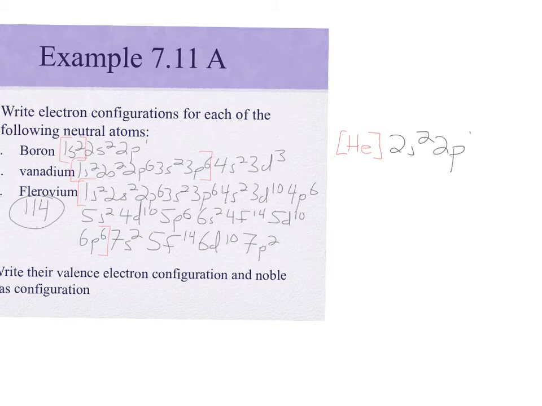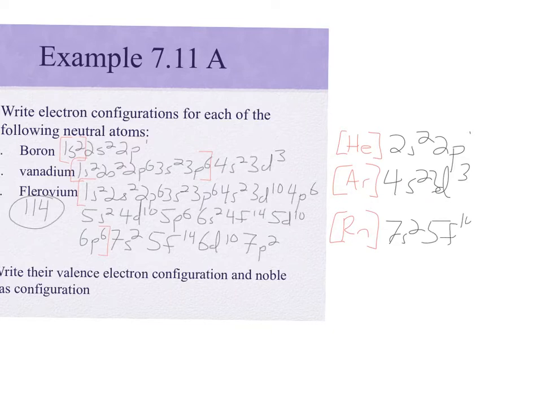Vanadium, we said, was like argon. So those in brackets there represent argon, and then we go with the outermost shell, the highest energy ones, because the d's are in there too, that's not the outer shell, 3d3. And then the next element is similar to radon, plus some extras, 7s2,